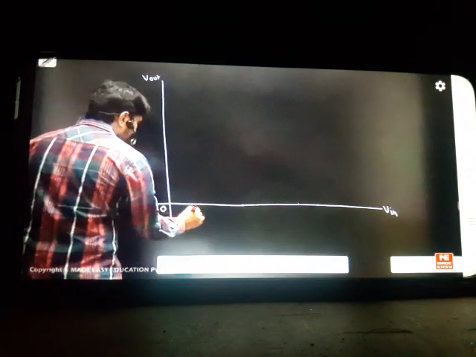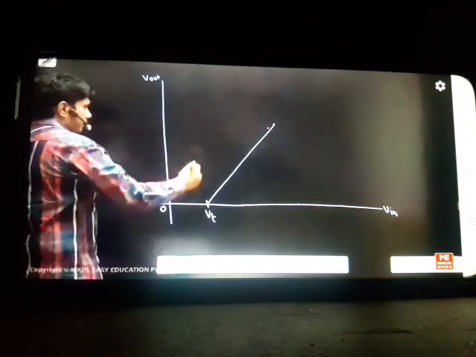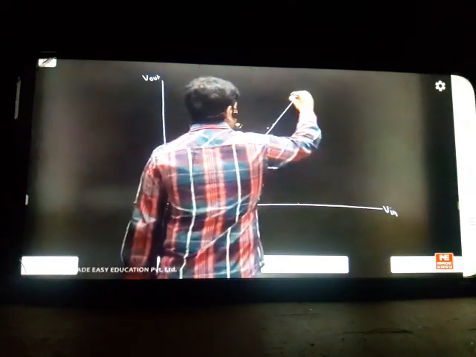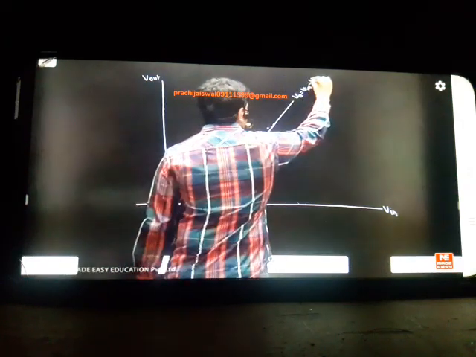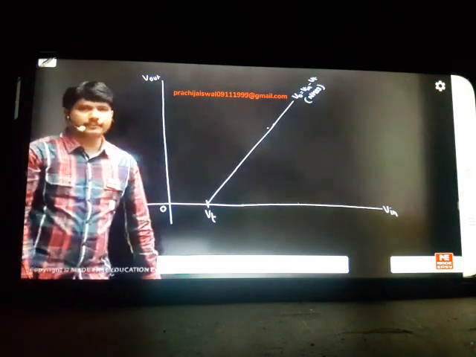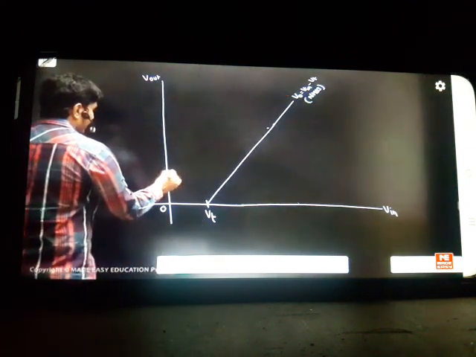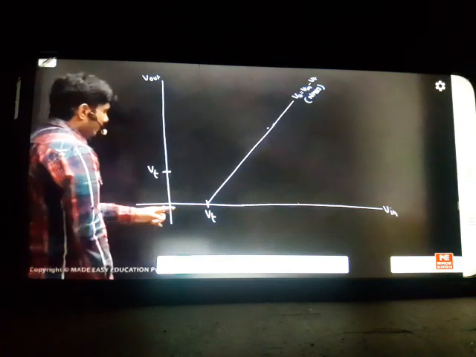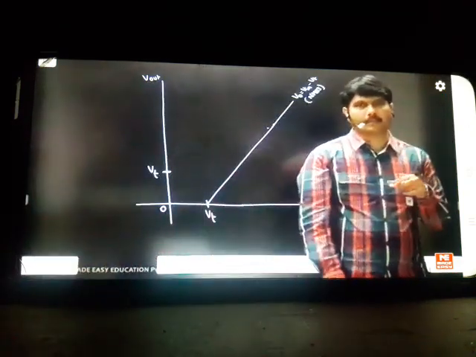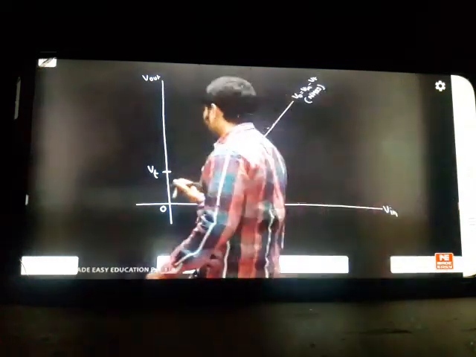First one, 0 to threshold. This is one threshold we have. From this, we have a line for NMOS. This is your NMOS line, which is V out equal to VIN minus VT, which is the boundary for NMOS. We know this concept. Whatever PMOS means, it is VIN plus VT. So 0, you are getting marking here, now plus VT. See here, minus VT means you start from the x-axis. VIN plus VT means you are starting from the y-axis, because when I keep input 0, the output becomes VT in PMOS technique. So the line will come like this.